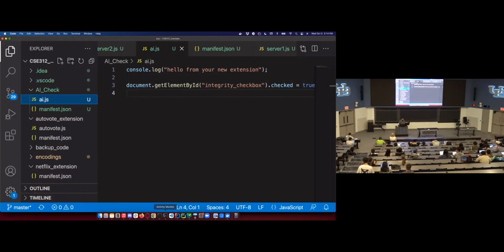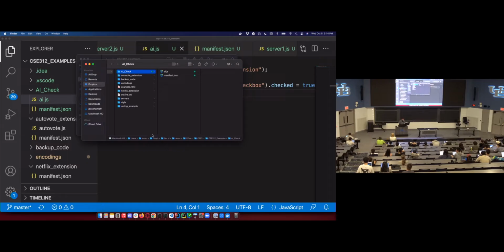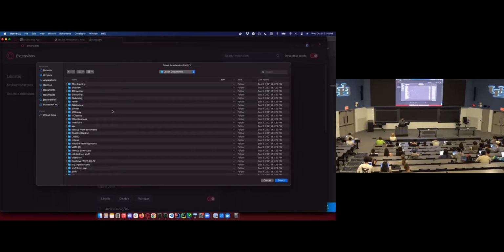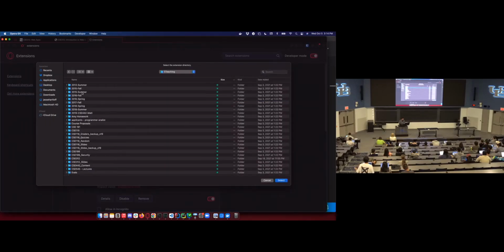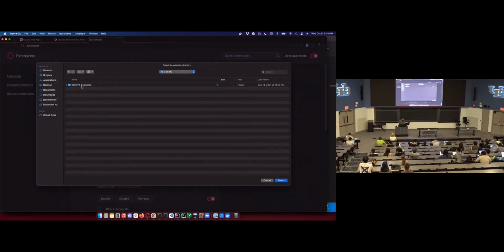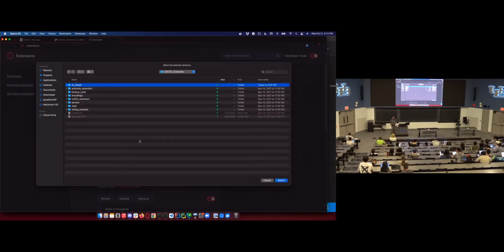Shoot, what was the path? Shared teaching 312. Okay, we can do this. Teaching, CC312, examples, AI check. Okay, and you're going to navigate your directory structure and find the directory where all your